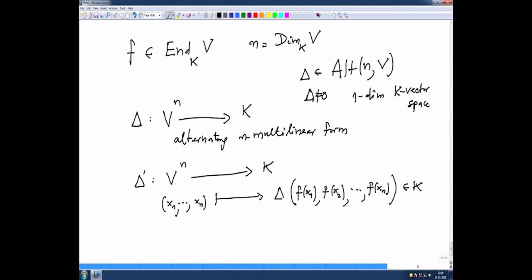So, I have a map from Vn to k. I want to say it is alternating. That means what? If two components are equal, then it is 0. But if two components are equal here, two components are equal here, and therefore delta, because delta is alternating, it is 0. So, it is alternating,